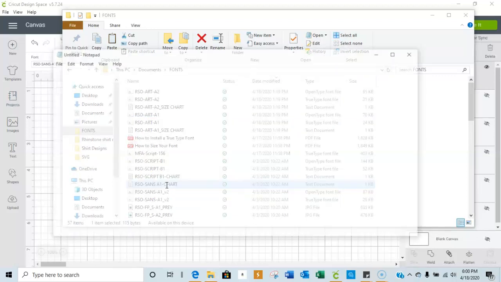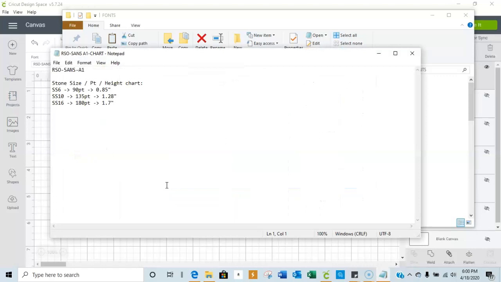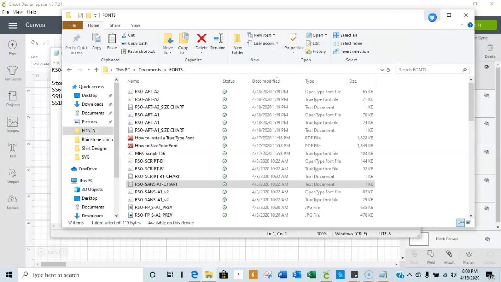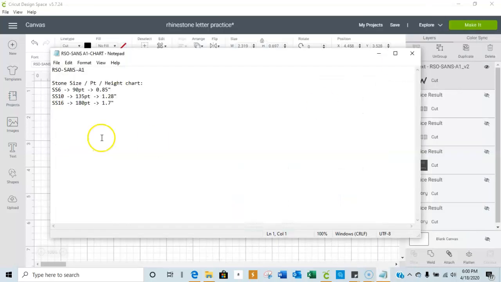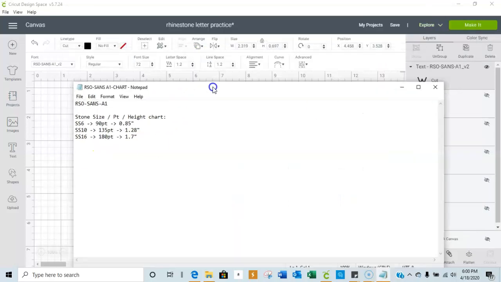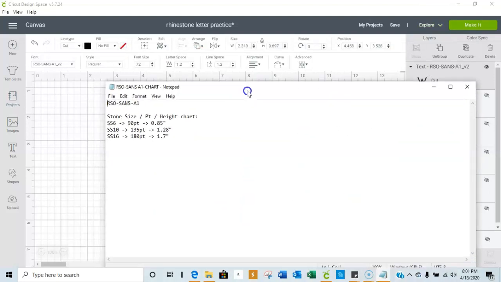And what this chart is going to tell me is what size I need my stuff to be so that it'll cut in the right file, and so that way I'll have what I need, right? So with this one, and the ones that I bought, they give you this size chart. It shows you the name of the font, and then it shows you the stone size, the font size,